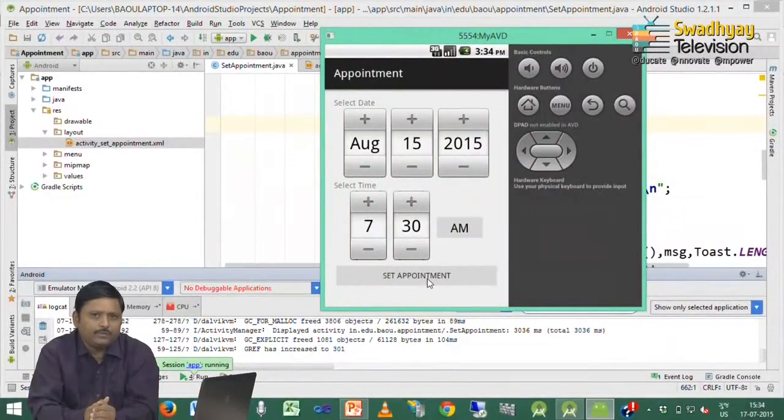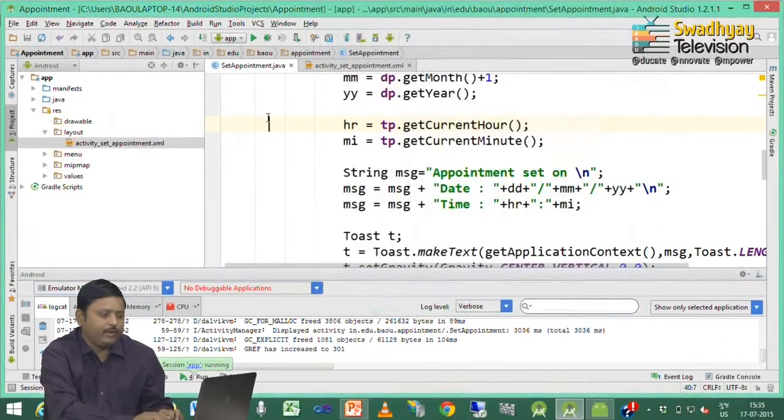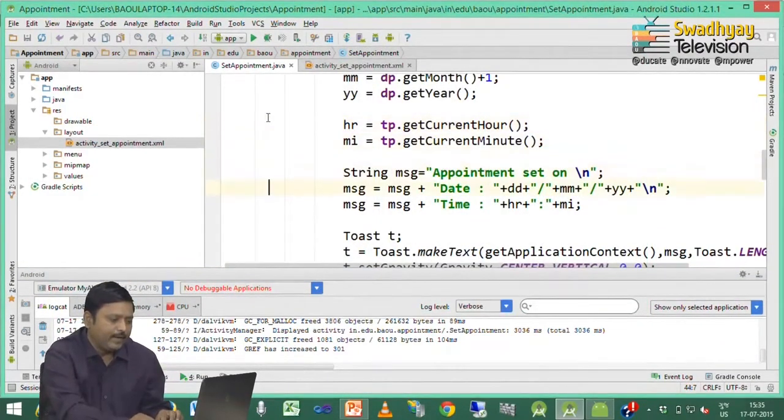Next we want to display AM and PM. So, how to display this? There is no direct way to get these AM or PM, but if your time written is greater than 12, then you can understand it is PM, and if it is below 12, then you can understand it is AM. So, next we set these criteria in our code. So, I am just going to the set appointment.java file, and here I write